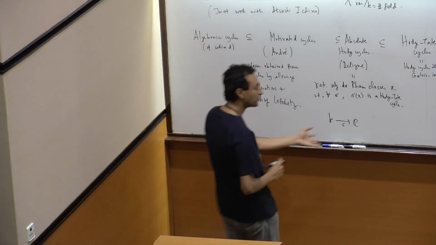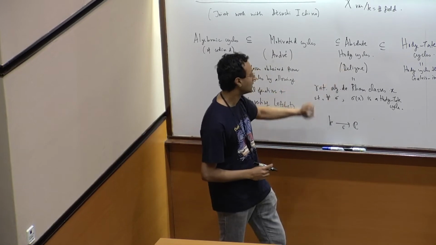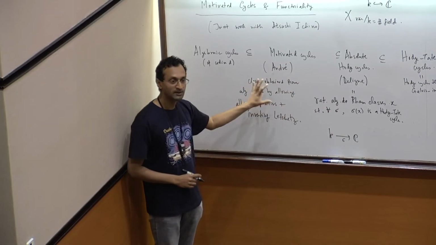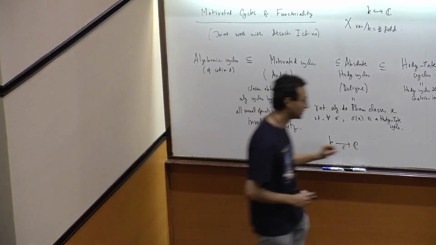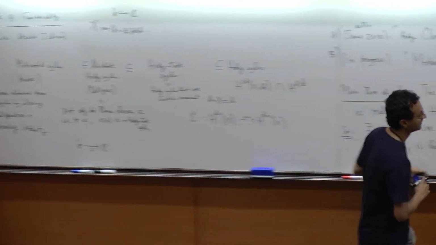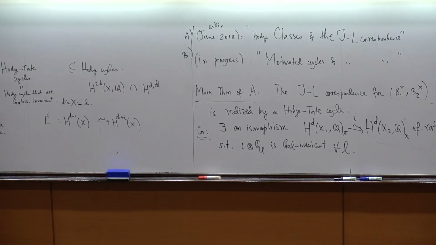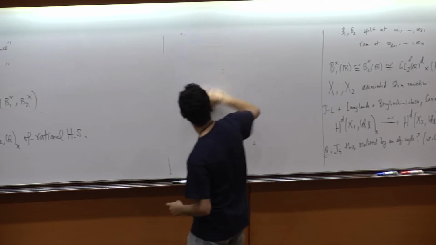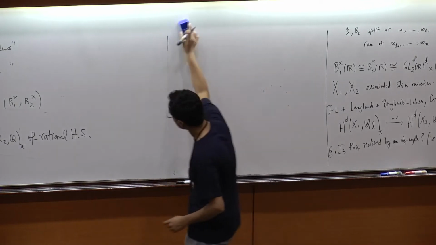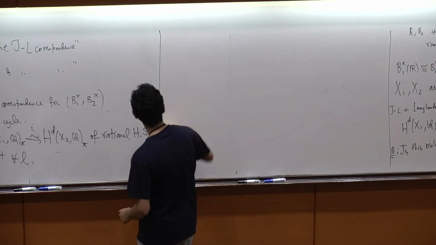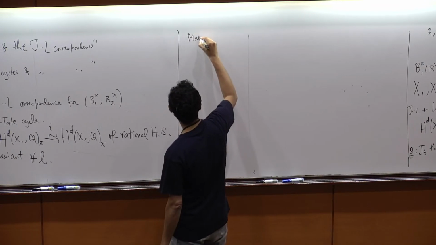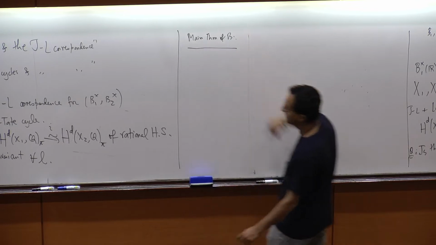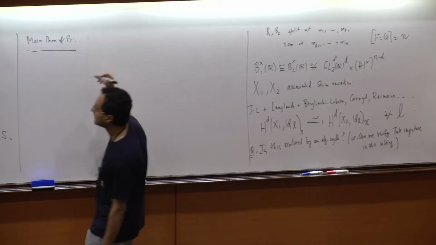To say something directly, to prove directly, for example, that it's absolutely Hodge. Okay. But now it turns out that we can do something much better. We can directly show that, in fact, it's represented by a motivated cycle. And so that is this other paper that we're writing now. So the main theorem of B is basically that, in fact,